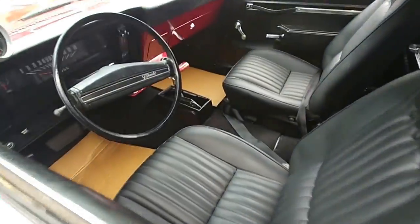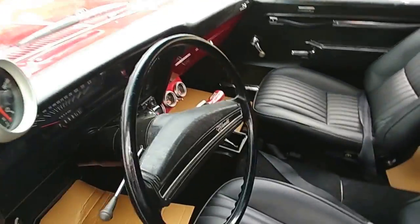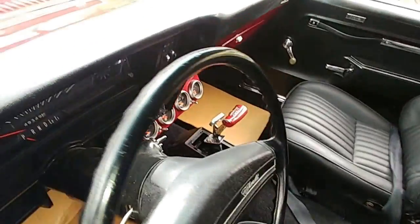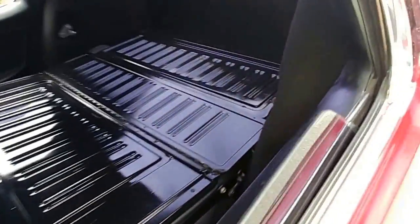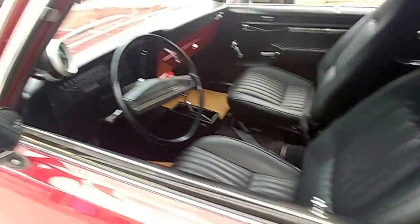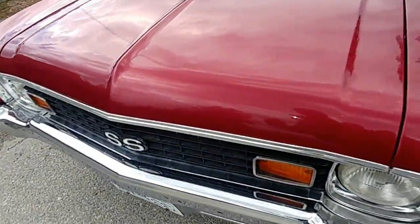Got nice interior work done on it. Does need a dash pad. There's a crack in the dash pad, but that's not a big deal. What's nice is it's got color matching dash metal, and it's got a nice new upholstery and new carpet. Got some nice aluminum wheels, and if I can get